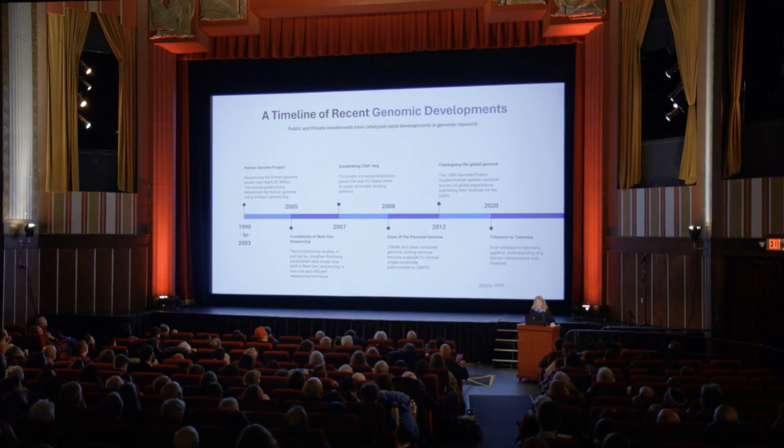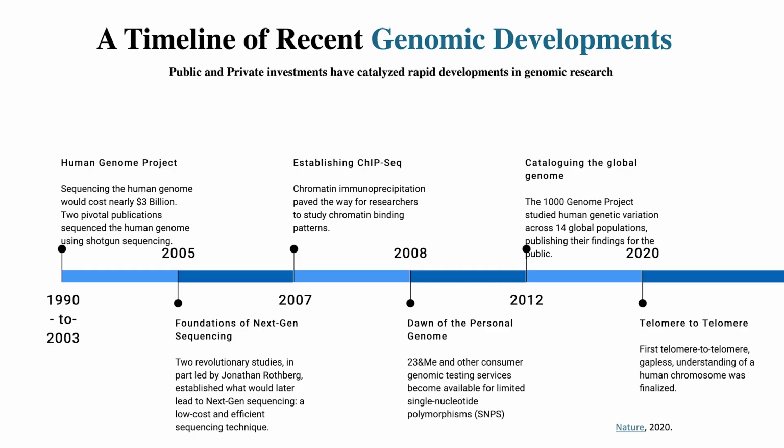And so here's, you know, I can't do science without a timeline, and so it orients me as well. And so here, 1992, the human genome, and all of the discoveries throughout, and especially with respect to technology, the dawn of personal genomics, which I'll talk about briefly, and all these initiatives that came out of the Human Genome Project. And of course, recently, the telomere to telomere, so parts,